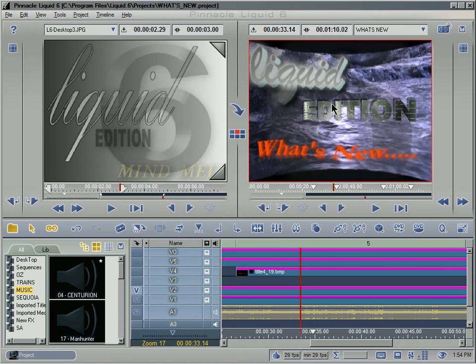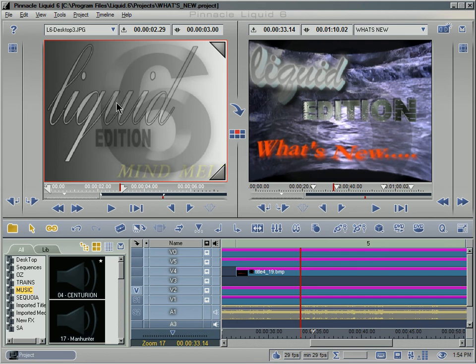the timeline plays. Now if I move my mouse over to the source viewer, click on it, notice now there's the red border around the source viewer, and the timeline has also become white, whereas now in the master viewer the timeline is black. So let me rewind here so my play line is at the head. I hit the space bar on my keyboard, and now the source viewer plays. Now this is a still JPEG, as you can see up here in the window. But the point I'm making here is, based on where the red line is surrounding the viewer, it's indicating which